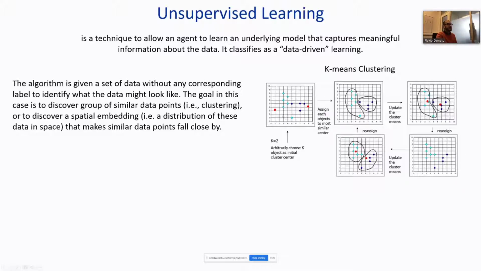The system starts to assign each of the objects to the most similar centers, updates the clusters and distribution based on its assignment and how well it captured things that were similar, to reassign and to come up with a division that is able to separate the data points